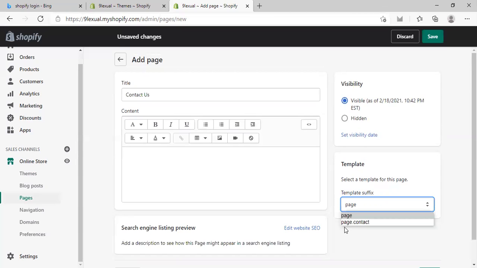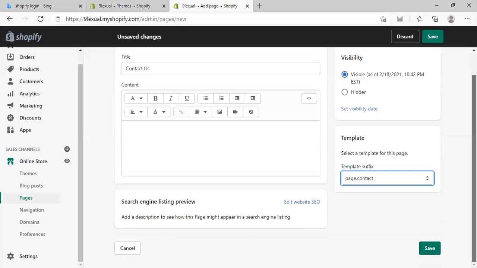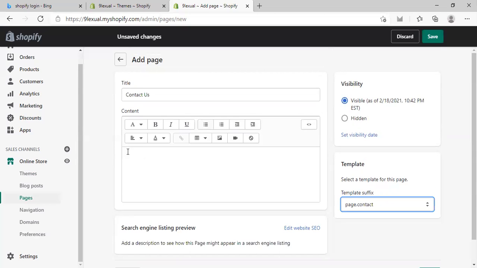Here you can see this is page.contact. I can also use the description and title here. But you must pick the option page.contact if your page is the contact us page. I will tell you later why it is important to select this option. When I save it,